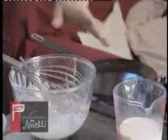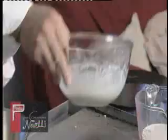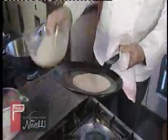Now I've got this special pan for pancakes. Just put it back on the heat, and it's very important that the pan is going to be very, very hot. There we are. From the middle, and just